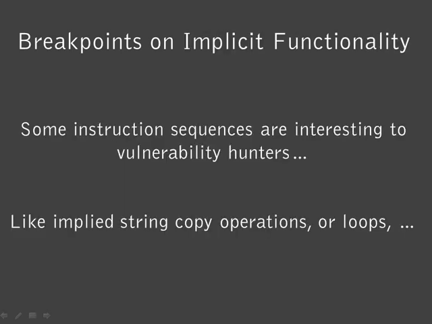So not only can you do it on known functions that you're looking at on MSDN or a man page for, you can actually do it on what I'm going to call implicit functionality, right? I don't know how much you guys have stared at x86, but there are certain implied instruction sequences that do operations that the developer may have written as a function, like call memcopy, but instead that translates to like one instruction in assembly. For example,